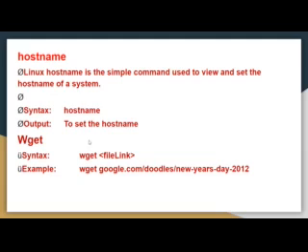And next one is wget. Before that, there is the curl command. Curl and wget both can be used for downloading. Curl is a command used to download files from the internet. Wget is similar. The syntax is wget followed by the file link, for example wget google.com with some path. After running this command, it will display the relevant information here.